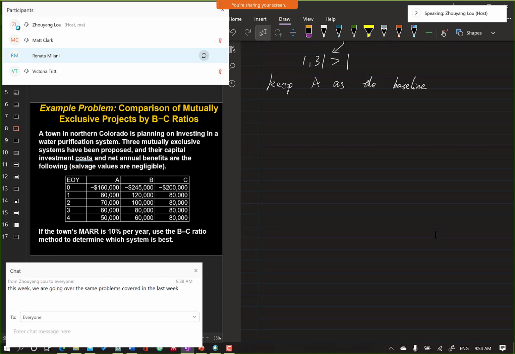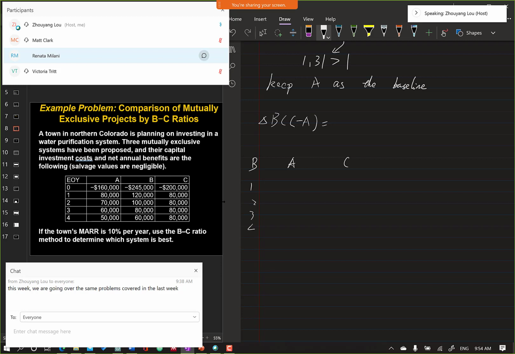So we first want to know the delta benefit in present worth, and then C minus A. So project C compared with project A, and the benefit part, we have actually done that. But let me first write that out. So from the table, I just do direct translation here. So for A and C, the benefit